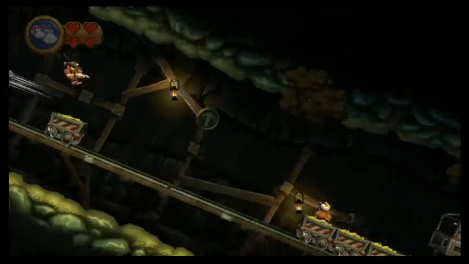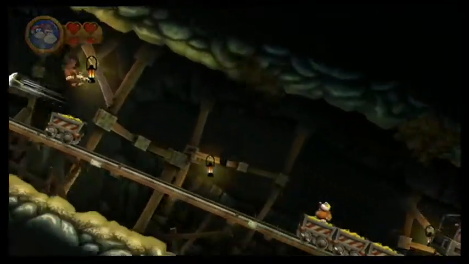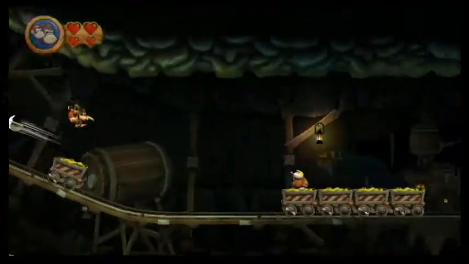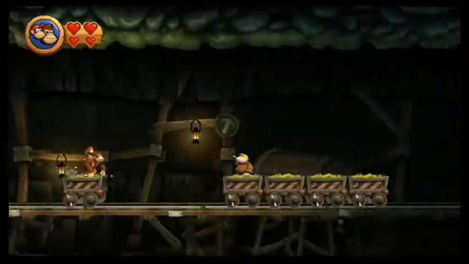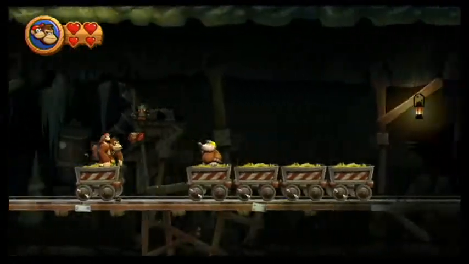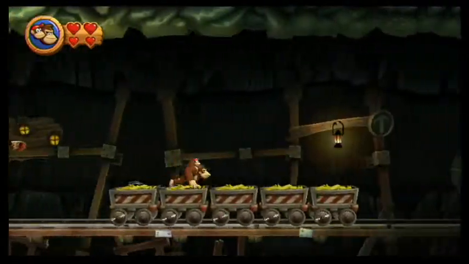But this part gets a bit trickier because you start to move a bit backwards. But again, having Diddy for this is a godsend because of the jetpack. Alright, we're about to get closer to him. And once you do get closer to him, he just stands there. Basically...